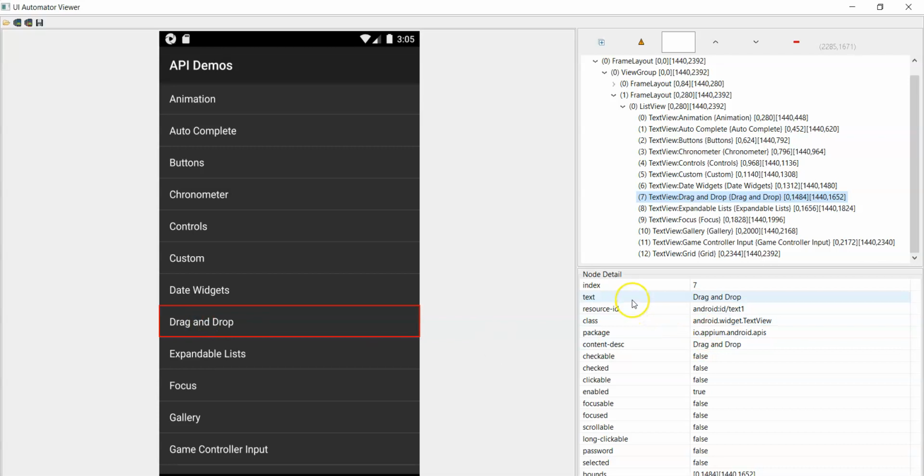Here you can find the text attribute value and content desc value. You can use either of these two attribute values: accessibility ID with the content desc value, or UI selector class with the text attribute value or content desc value. Now let's use the text attribute value with UI selector.